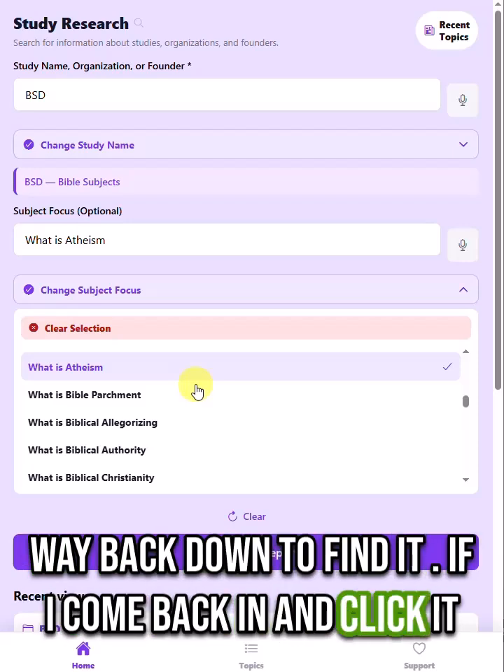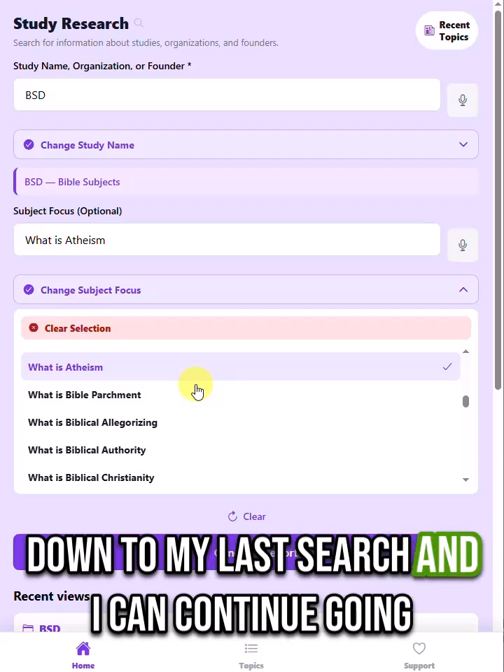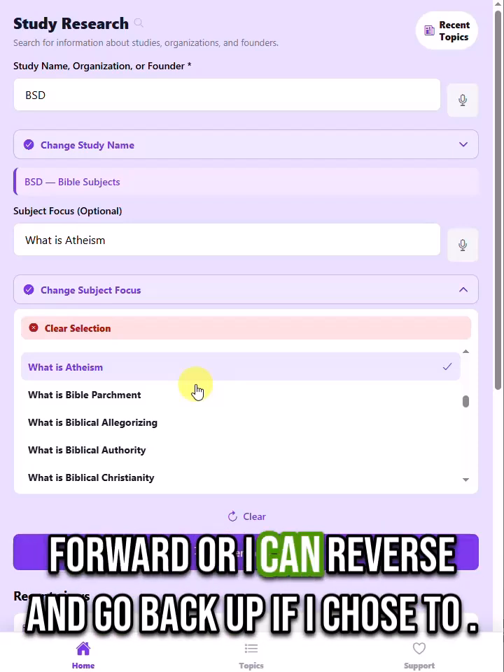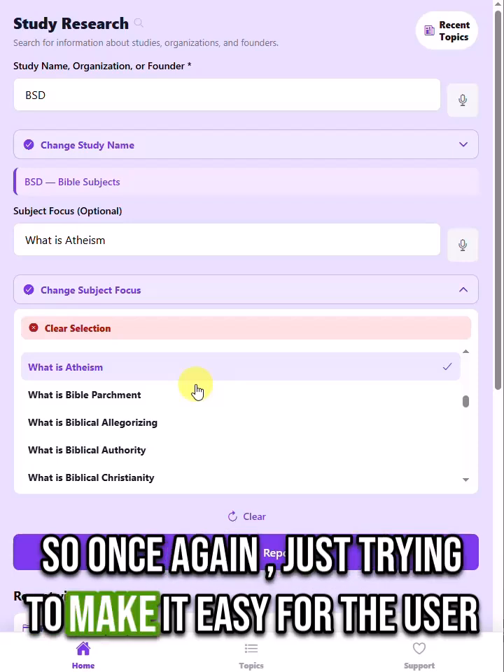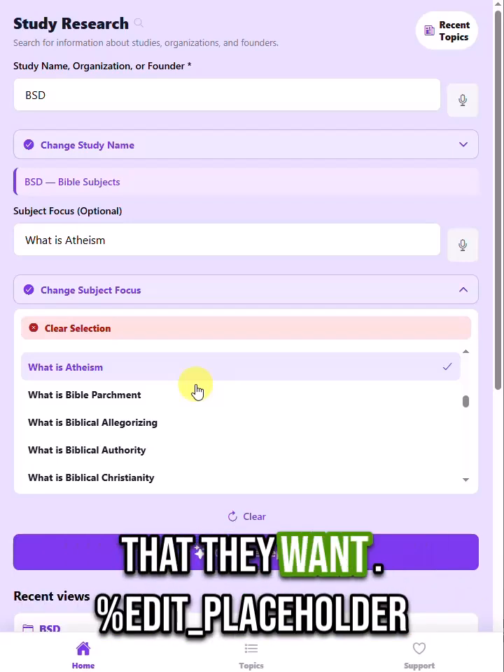If I come back in and click it, because I already selected that, it'll bring me back down to my last search and I can continue going forward, or I can reverse and go back up if I choose to. So once again, just trying to make it easy for the user to navigate through and find the topics that they want. So let's